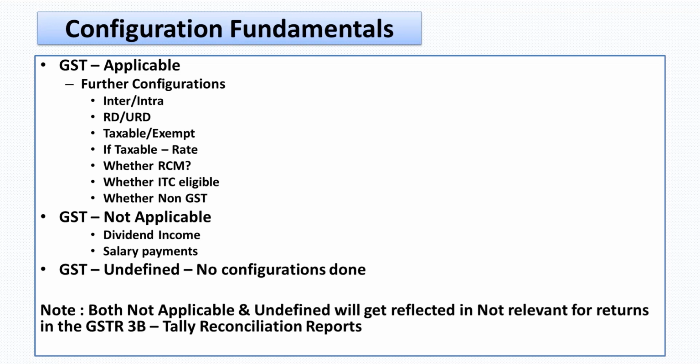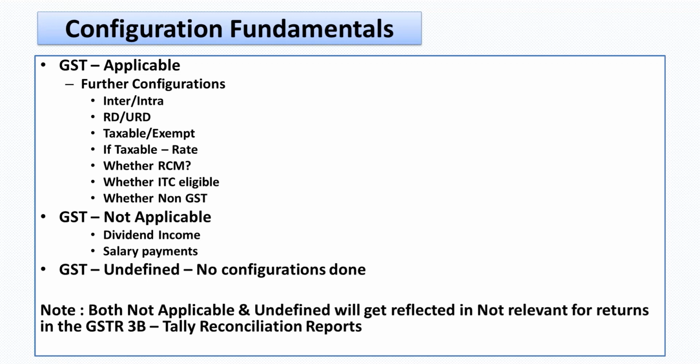Let's say we are configuring a GTA ledger, that is, carriage inwards. Now, if he is a registered person, then he will raise the reverse charge invoice, and I will be discharging the tax. If he is unregistered, I'll have to raise a self invoice and discharge the GST in this regard. Since all the professional members who are part of this webinar are here, I'm presuming that they're aware of all these kinds of GST transactions. I'm only touching upon how to correlate them to the configurations so that we can have the return-ready information.